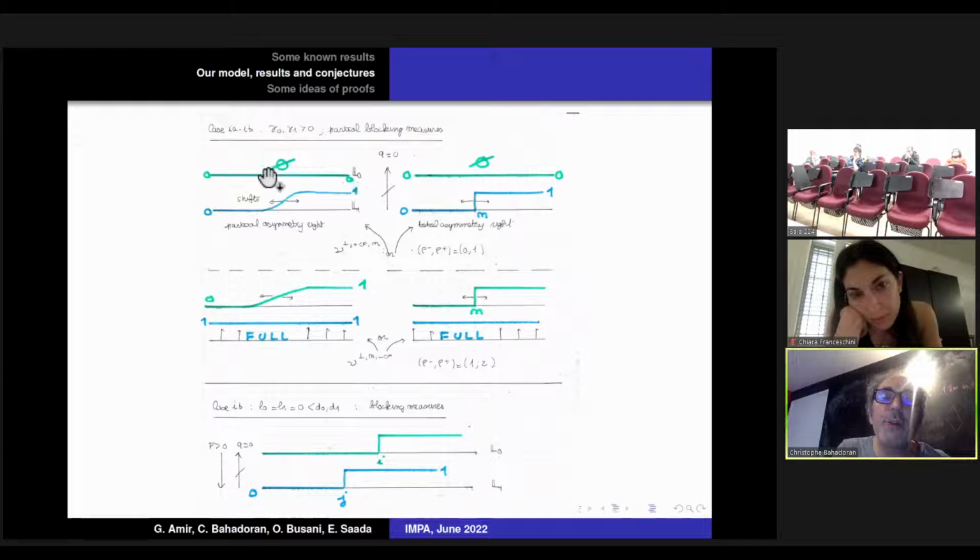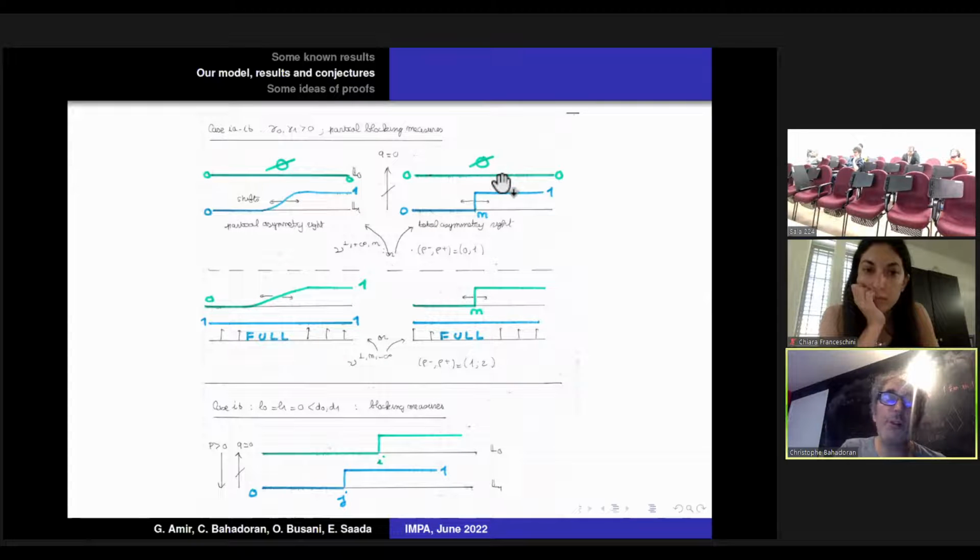Okay, so when Q is equal to 0 and you have two positive drifts, you have these partial blocking measures. So this is each lane. This picture means that you have a blocking measure, but with PQ, which is not abrupt. And this picture means that you have a blocking measure, but with a totally asymmetric particle system, which is abrupt. Okay. So these are the possible partial blocking measures